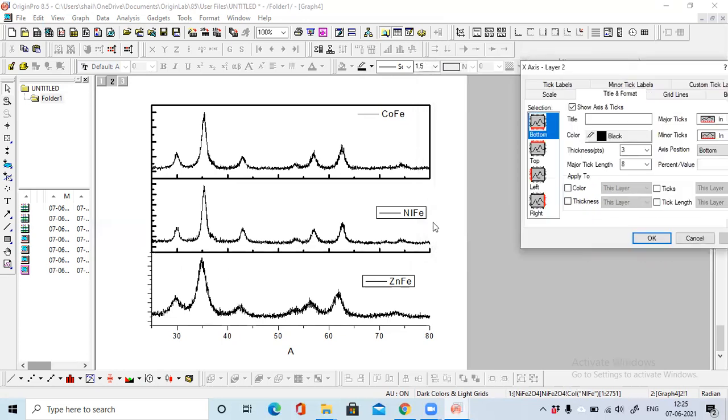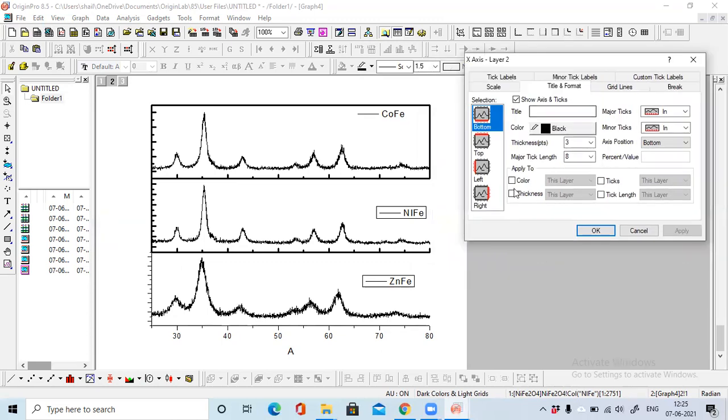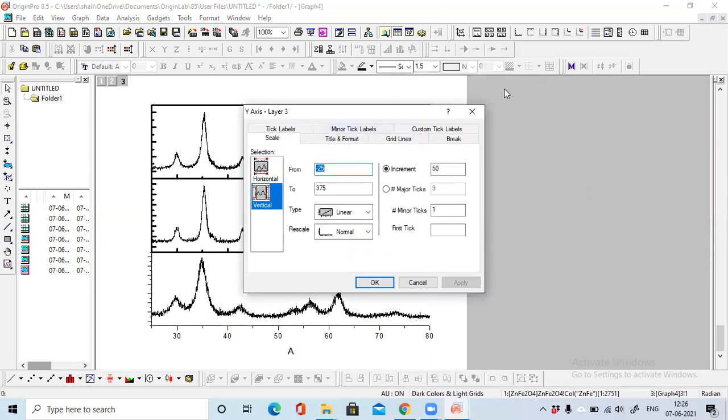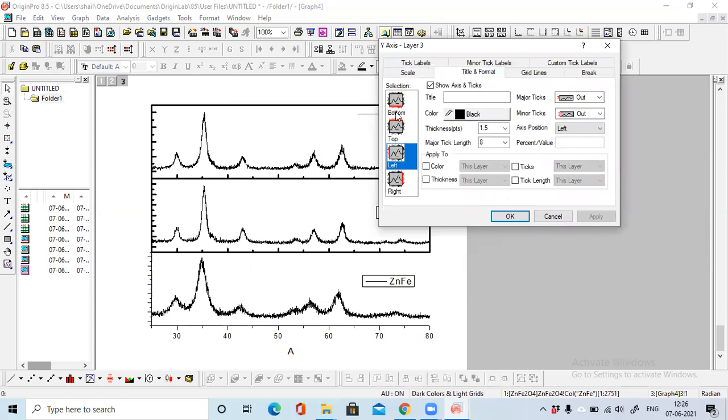But we need this one. So for this one, choose this one, show axis, and make it 3. See, there is none, we are not showing any tick. Similarly, you can do for this graph, ticks, go bottom, in, and top we don't need, in, and this is in, and make it 3.